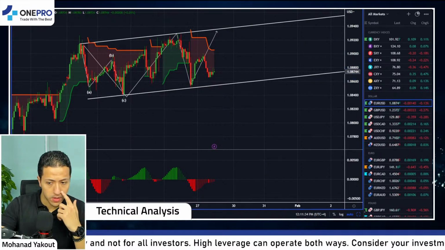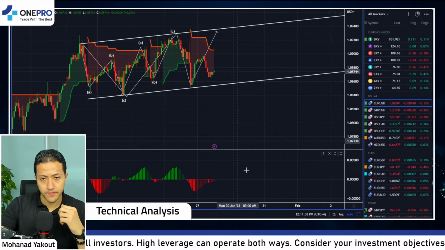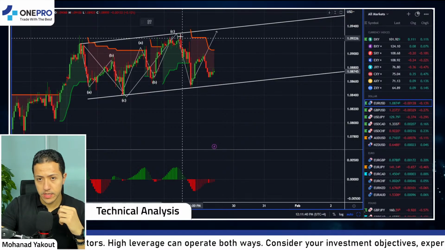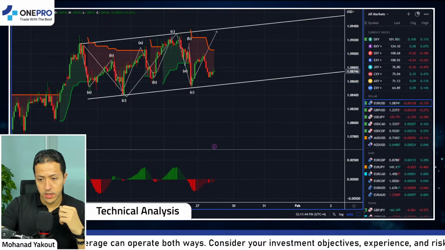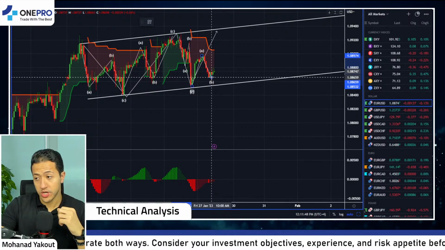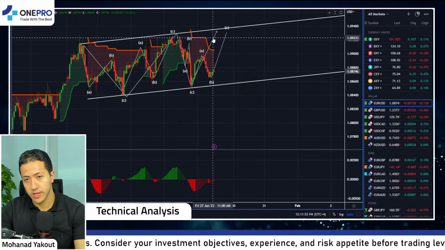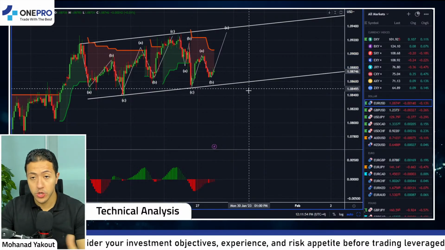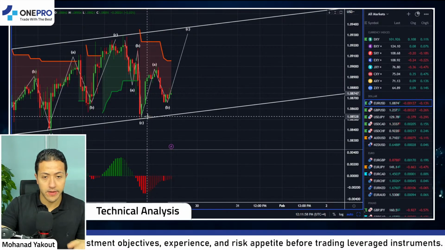So this is one. This is another ABC to the upside. This is another ABC. However, it will be visible on shorter time frames. And another A, B, which I do really believe has concluded already, and we will be targeting a move to the upside. So the euro is bullish as long as we are trading above the levels of the last low,